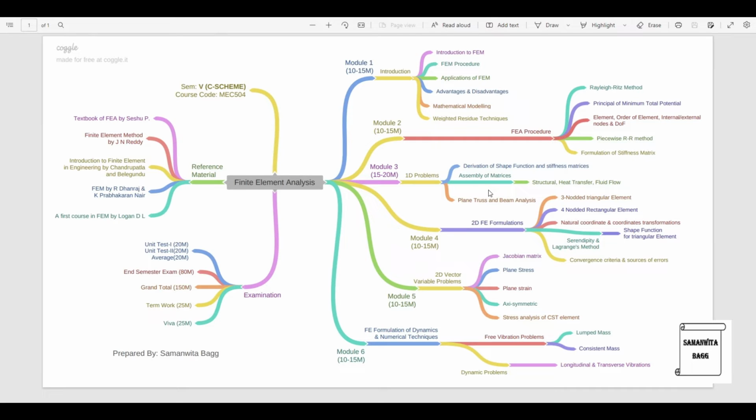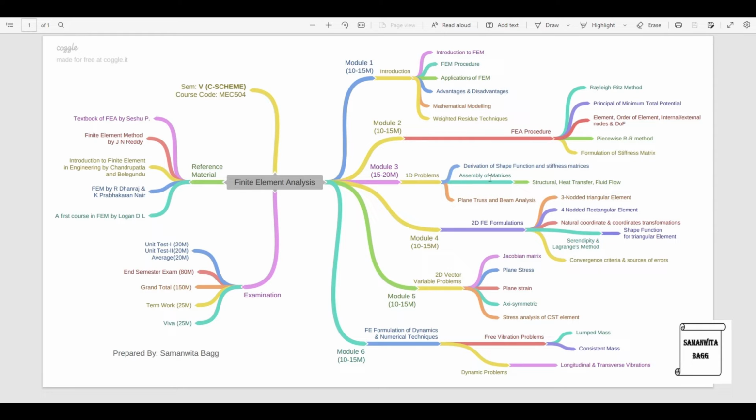And here you will have to study what discretization is and certain element types. Also what linear and higher order elements are. This is something which you need to read before getting into the other concepts. So here also it is important to know about the derivation of shape functions and the stiffness matrices. What a shape function is and how you derive the shape functions for a particular element is something you learn from this module. Revision of this is important for studying the further modules. So this should definitely be read.